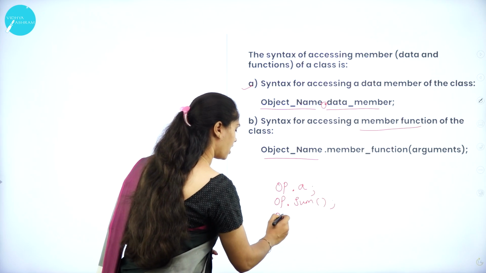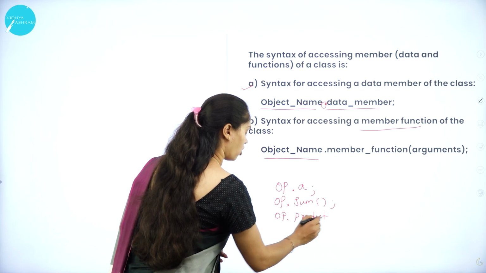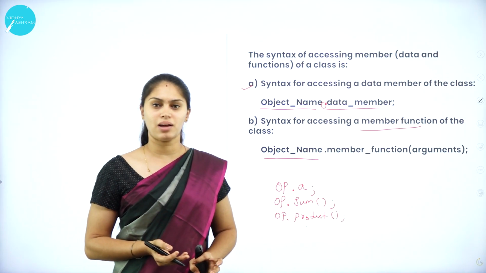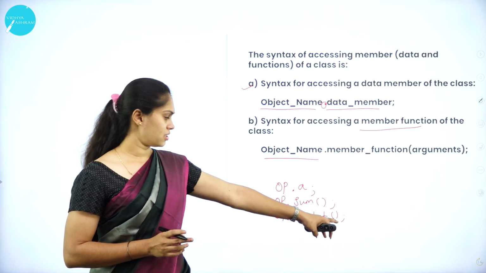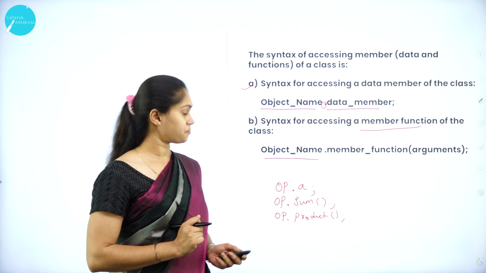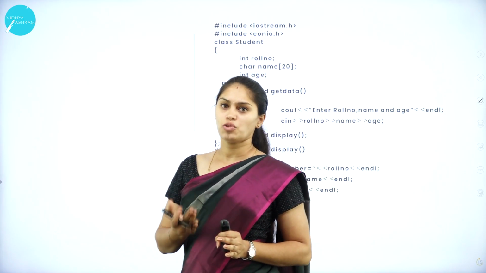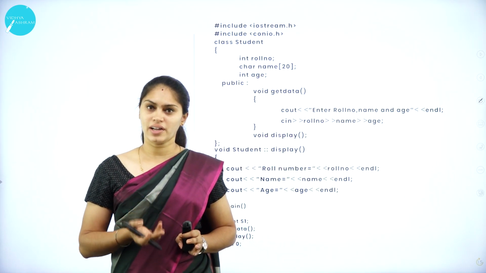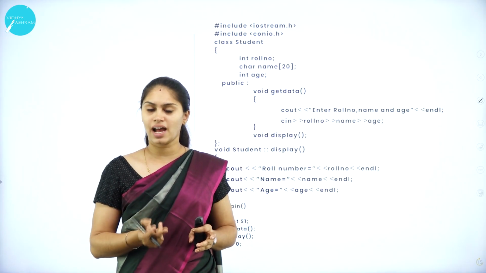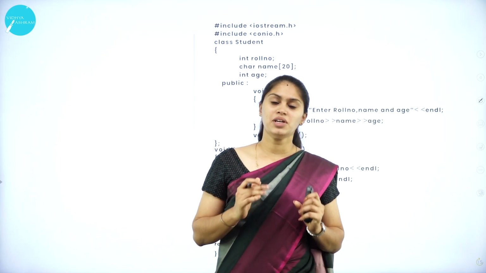What if I want to access one more member function called product? Again the same procedure. I need to specify the object name, dot operator, then the member function product, and there are no arguments or parameters, so I leave that vacant, then a semicolon. Okay, so this is how I need to access the members of a class. Till now I had a discussion regarding how to declare the class and how to define the class, what the data members and member functions are, whether they are inside the class or outside the class, and how to access those data members and member functions. Regarding all this chapter, I have one program to explain to you all.